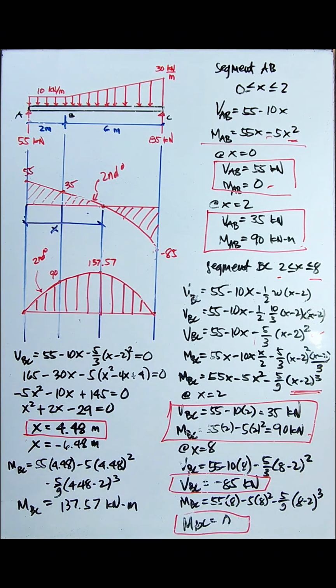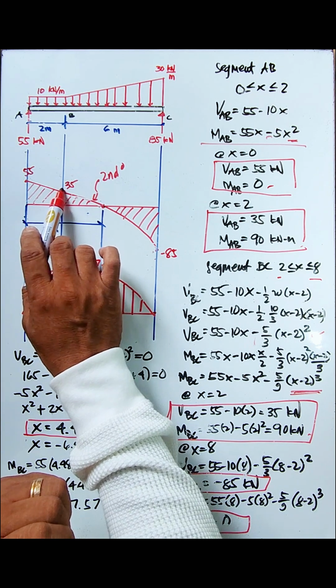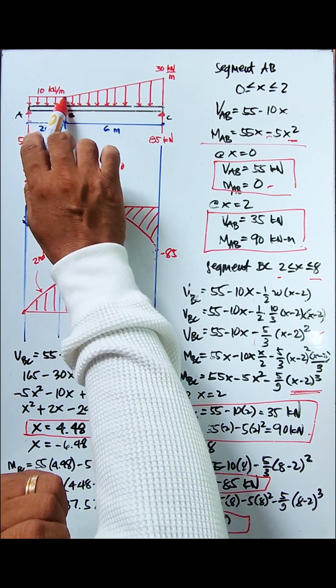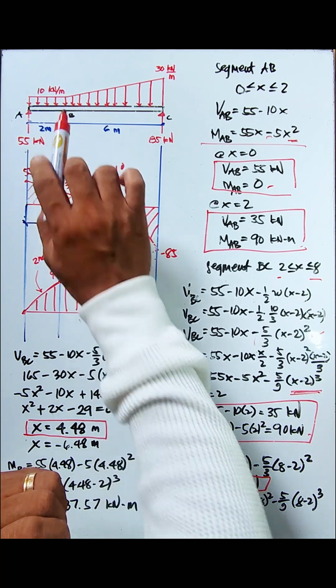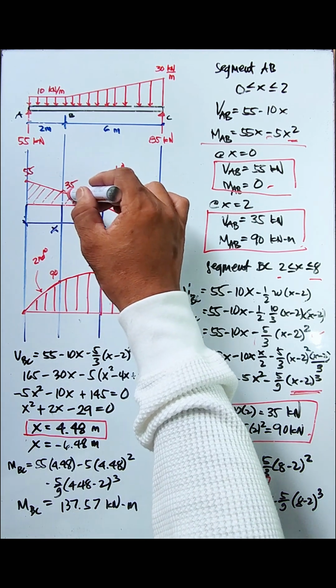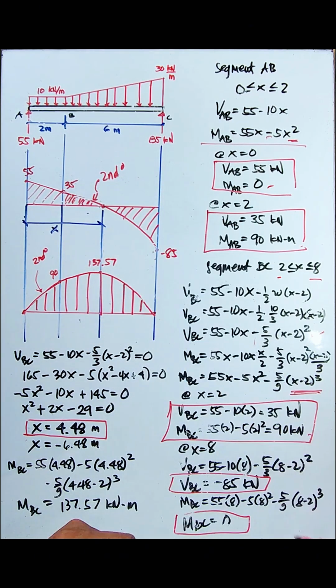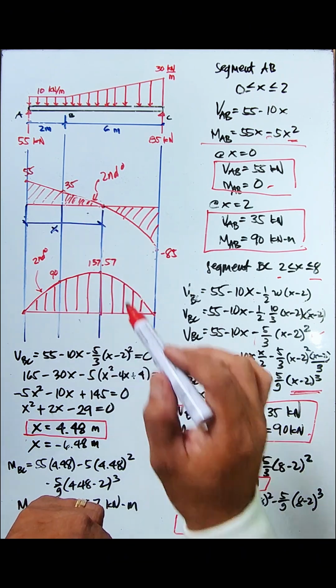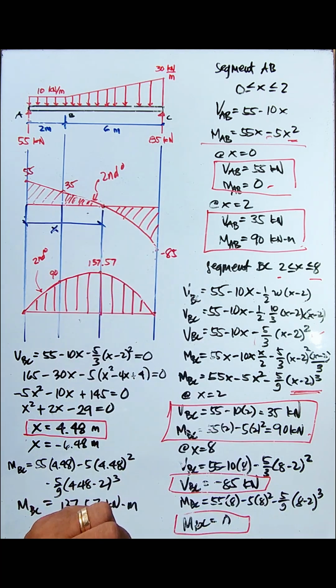We will solve this one again without the use of the equation. The slope at this point here is not 0. If we look at the intensity of the load, there's a value of 10 kN per meter. So it's a little bit tricky to solve the area of this part here, as well as the location of this point of zero shear. But we'll find a way to solve this without using the equations.